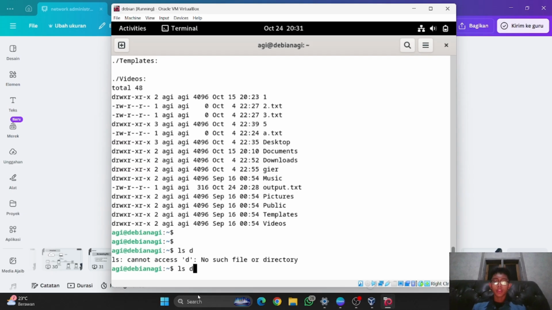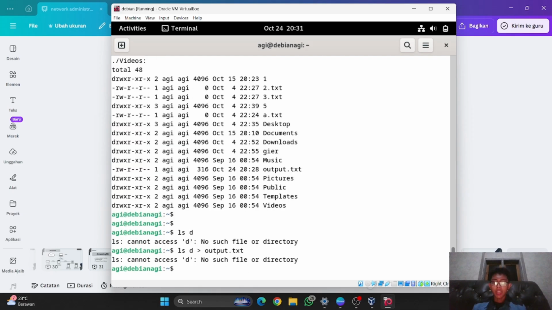Maybe you will type it like this, output.txt. But it will not be saved that way, because for the error, the name of the file is not output, but error.